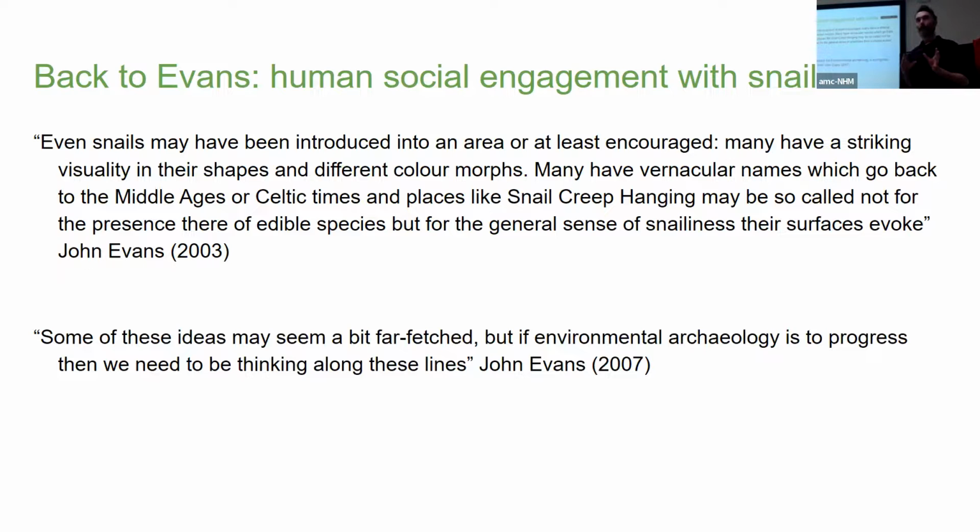Okay, two more things I want to discuss, and then I am done. To come back to John Evans, I mentioned that he, in the 2000s, began to think about how people interact with the environment. On his staff profile at Cardiff in 2001, he said specifically that this was in response to criticism that environmental archaeologists had received from theoreticians through the 1990s. And his thinking about this led to two very stimulating books, Land and Archaeology in 1999 and Environmental Archaeology and the Social Order in 2003.